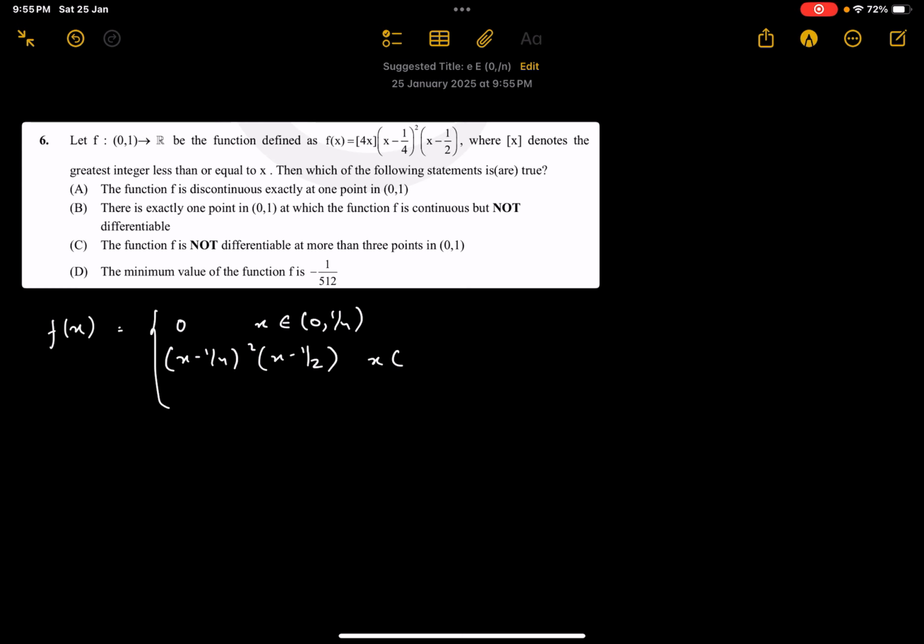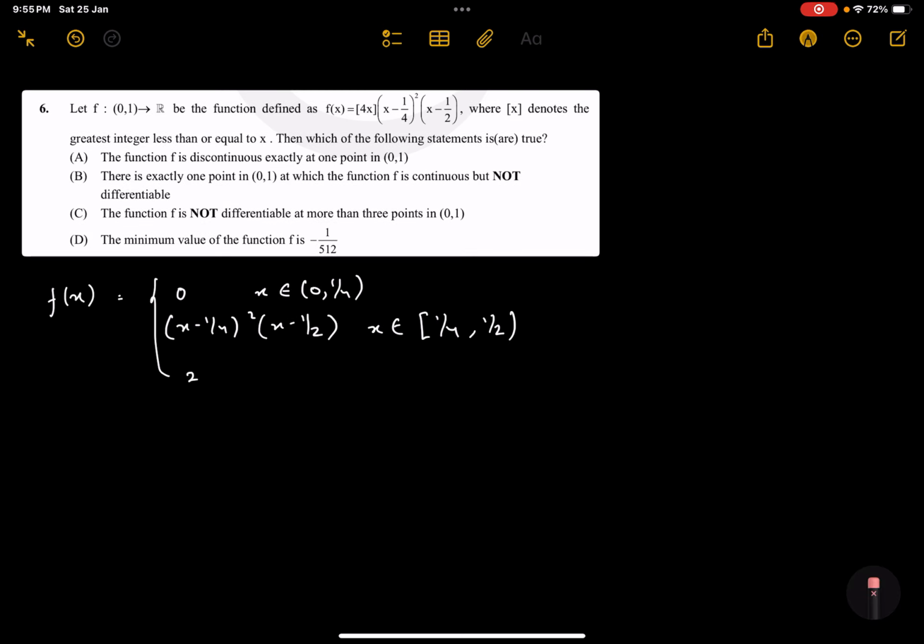when x is in 1 by 4 to 1 by 2. Then it becomes 2 times x minus 1 by 4 squared when x is in it, then this is